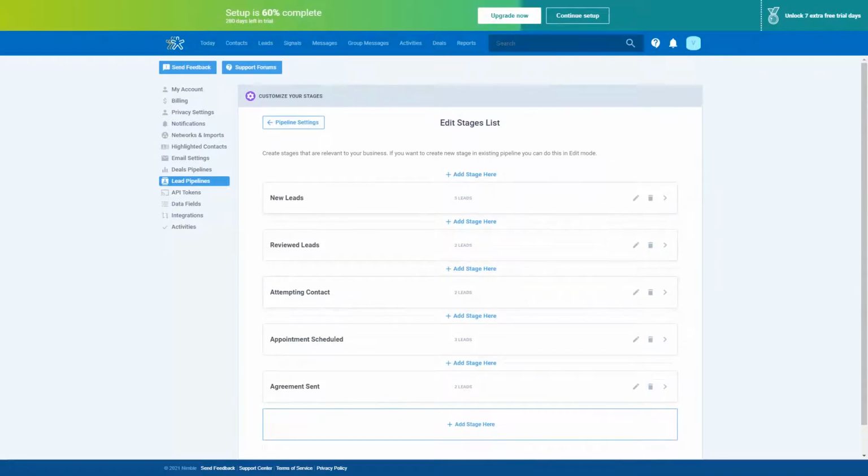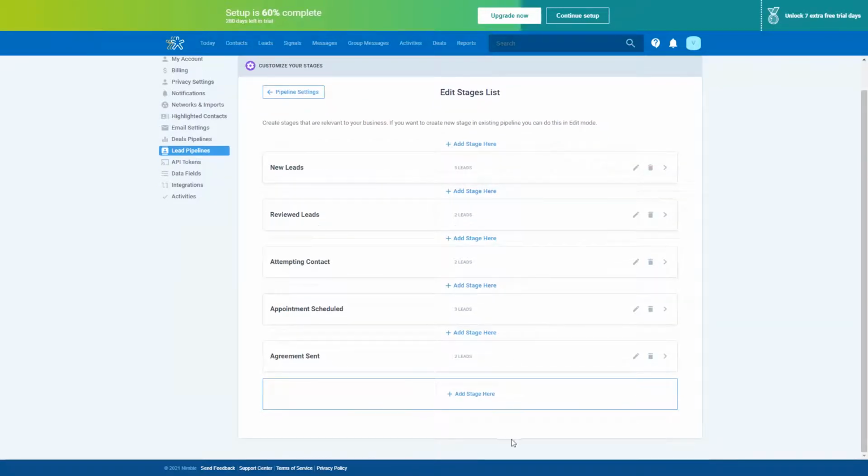So from this menu, I also have the option to delete stages. And you can also add more stages here. The number of stages in each pipeline completely depends on you and your process. You can have as few or as many as you need to reflect your processes. So if I go back to our pipeline settings,